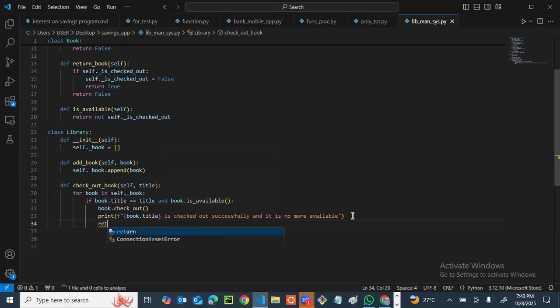So you can just say if this works, return true, right? And if this fails, so what if this fails, or what if we can't find this book? What should happen? What if this book we are looking for, we can't find it? So what should happen? So you can now say in this case to also print that, what else? So we should print